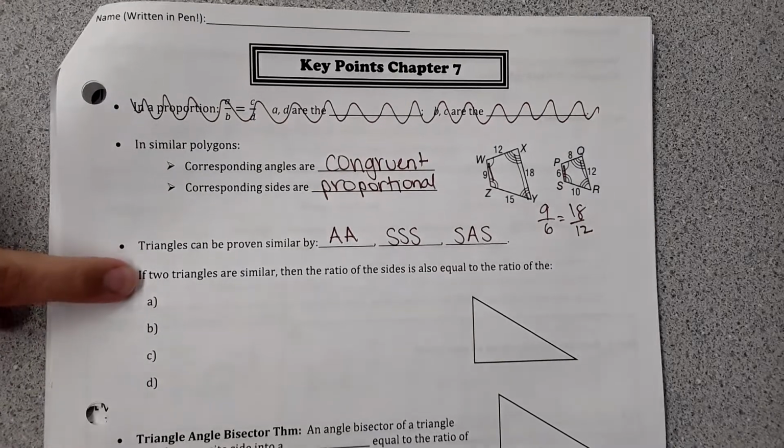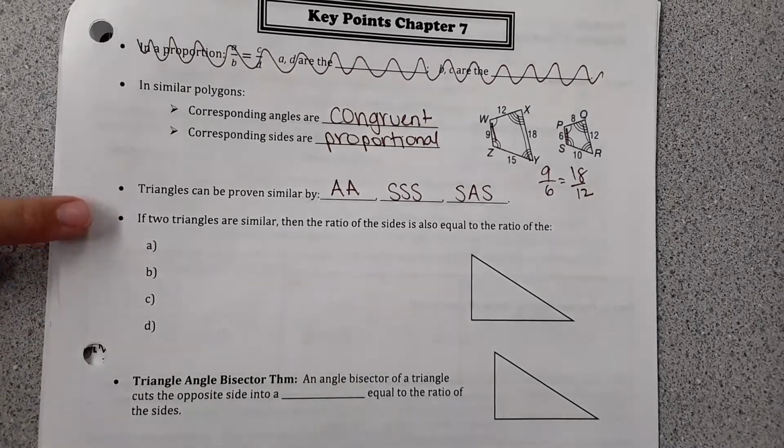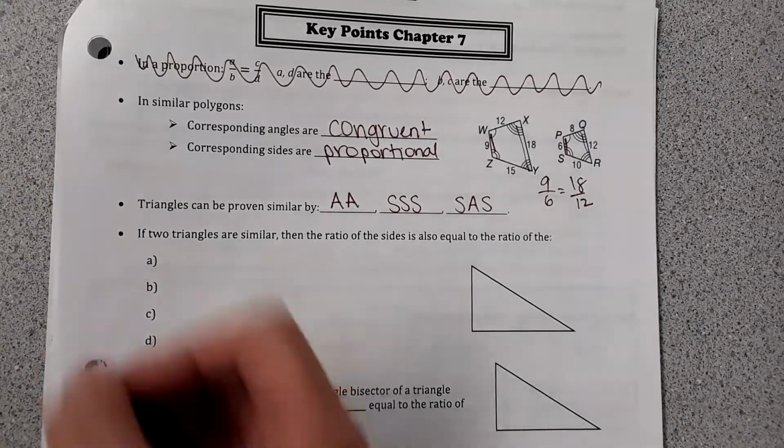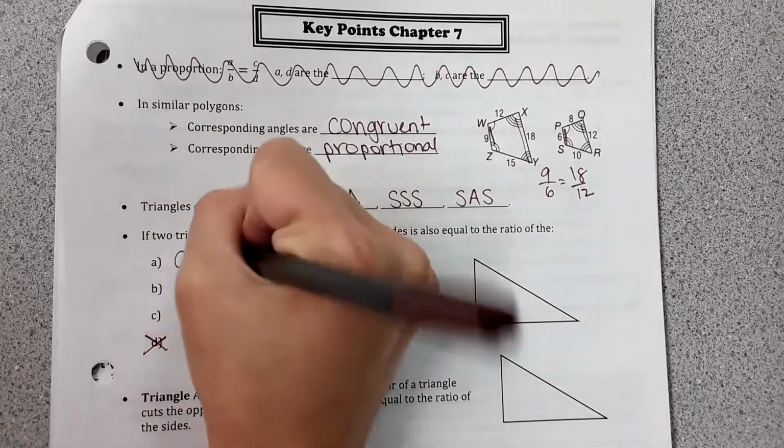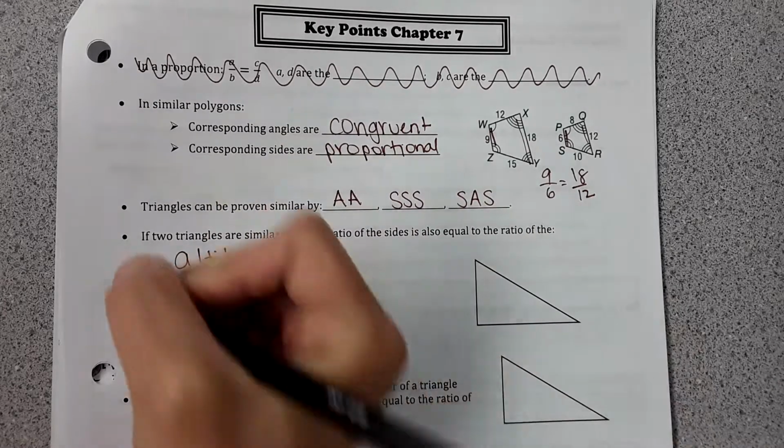If two triangles are similar, then the ratio of the sides is also equal to the ratio of three things. So we're going to cross out D. The altitude, median,